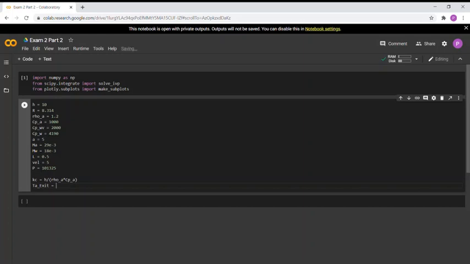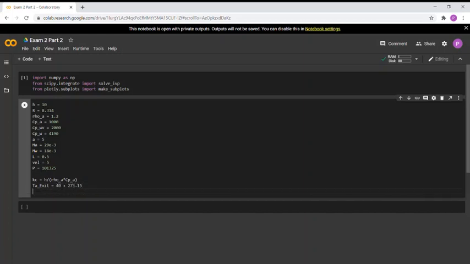It equals 40 plus 273, the conversion from Celsius to Kelvin. Then Y exit equals 0.9 times PV of